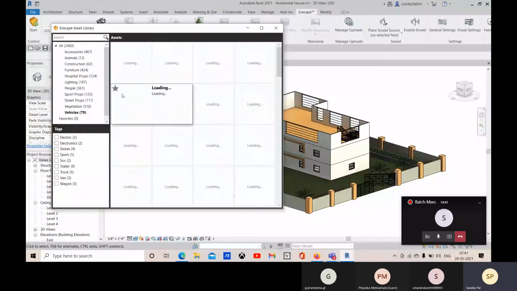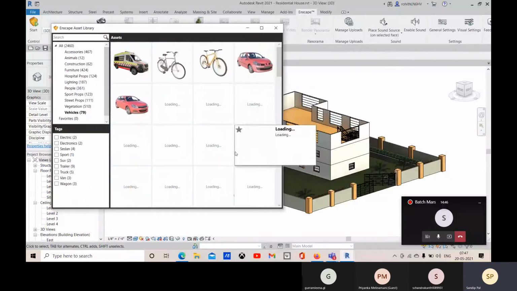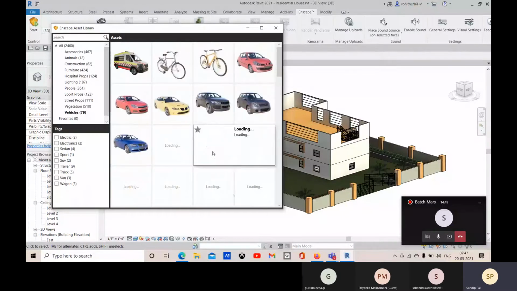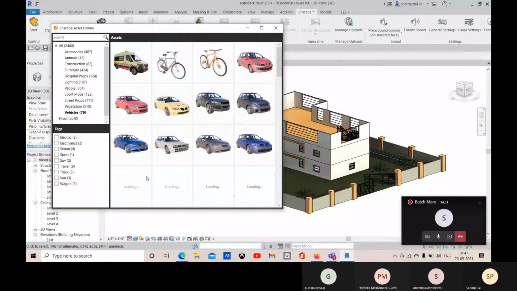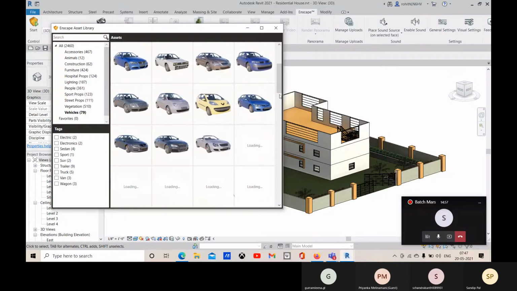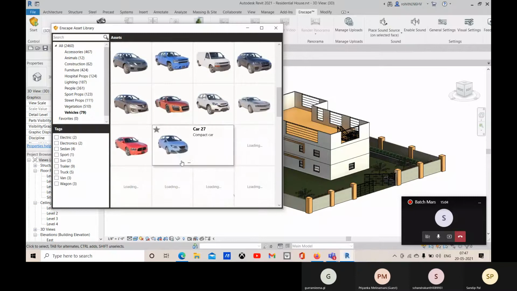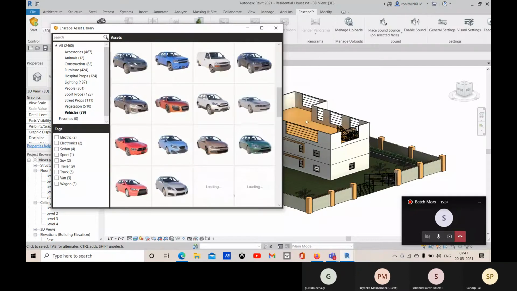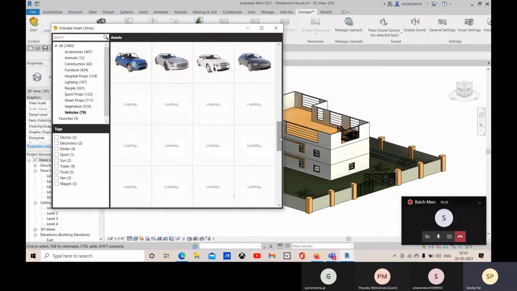Yeah, so it's loading right now. And we have all the assets related to vehicles. So we can put some cars over there. Okay, so here you can see we have all this list.